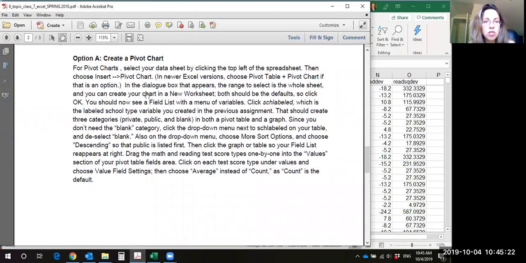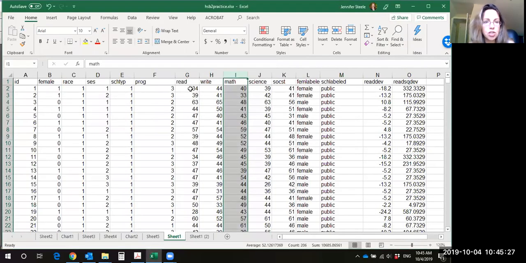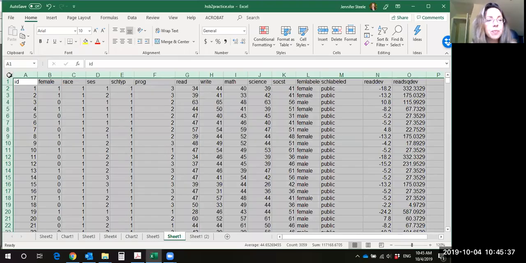So to create the pivot chart, we're going to go to our data sheet and highlight the whole sheet. In order to highlight the whole sheet, we're going to click this little cell in the top left corner. Basically, you're clicking in the very top left of the data sheet, and that's going to highlight your entire data sheet. And then we're going to go to Insert on our menu at the top of the Excel